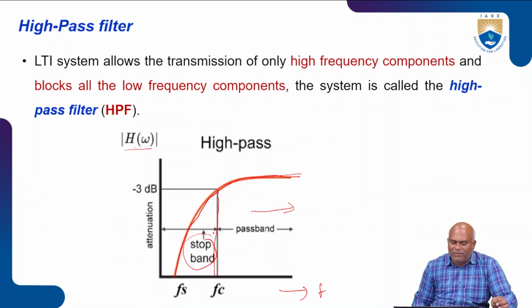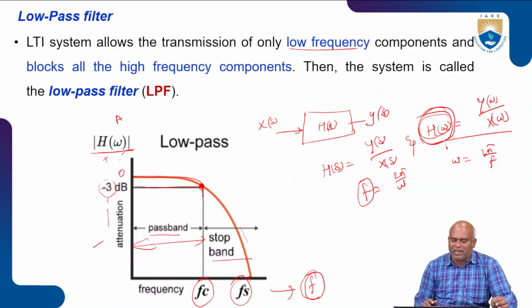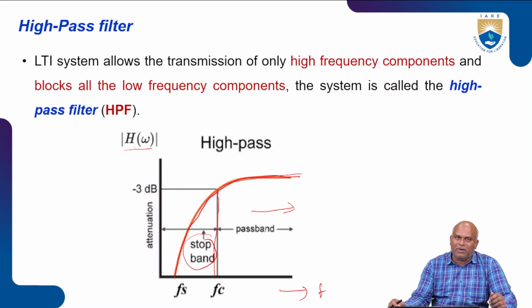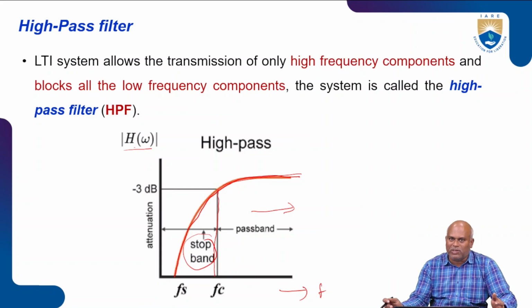But in the case of the low pass filter, the pass band is represented as limited and the stop band is represented as infinite. That's why previously I said low pass and high pass filters are inversely related. The low pass filter conducts only low frequencies and the high pass filter conducts only high frequencies.